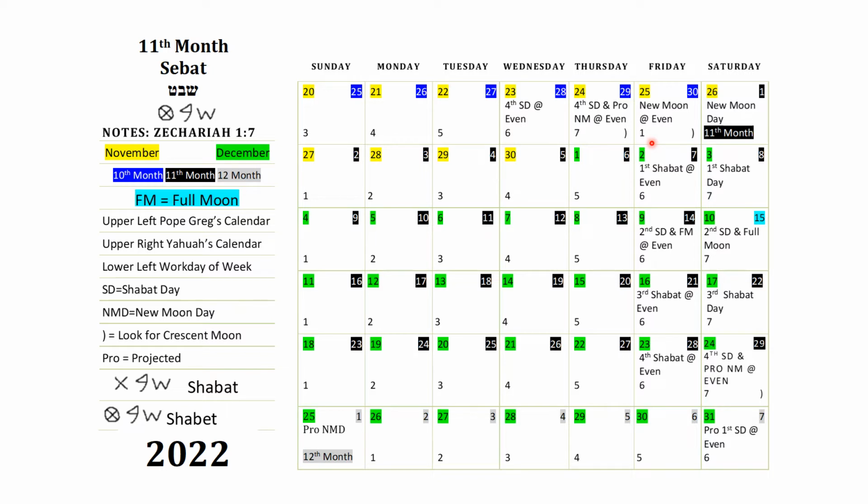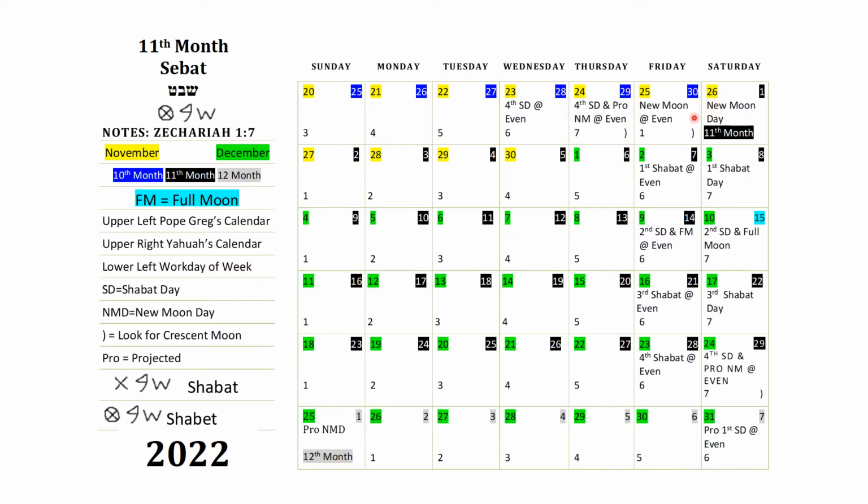Hanukkah said they have a period of 28 days, but I haven't seen it on the 28th day. Most of the projections have been done on the 29th or the 30th. That's why you see me with 2 new moons right here, the crescent moons.